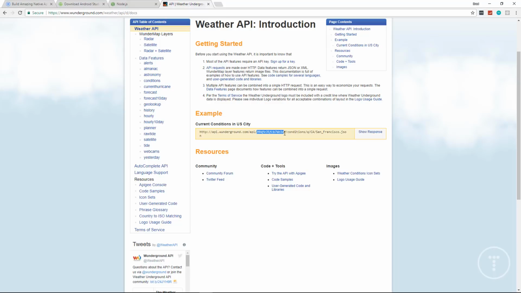So basically, we have api.wunderground.com/API/ and then whatever your key is, /condition/Q for query, and then the state and the city. So in this case, we're looking at the weather for San Francisco, California. And if we say show